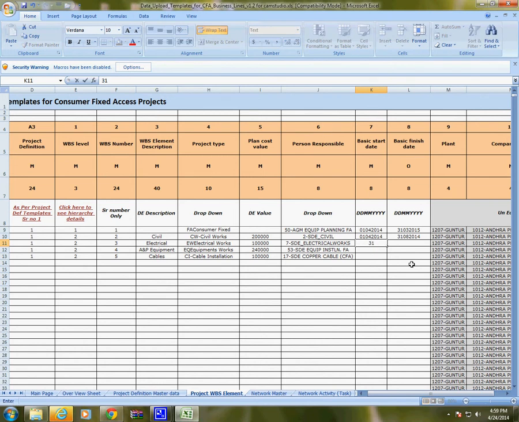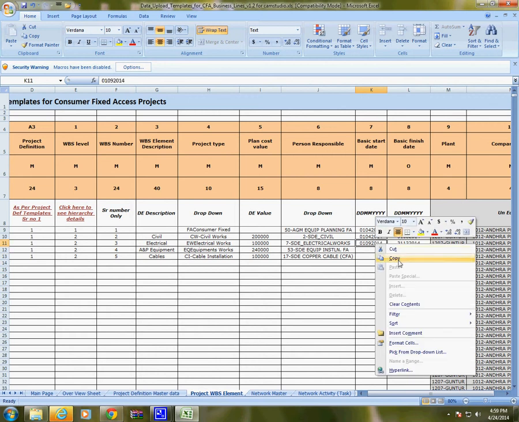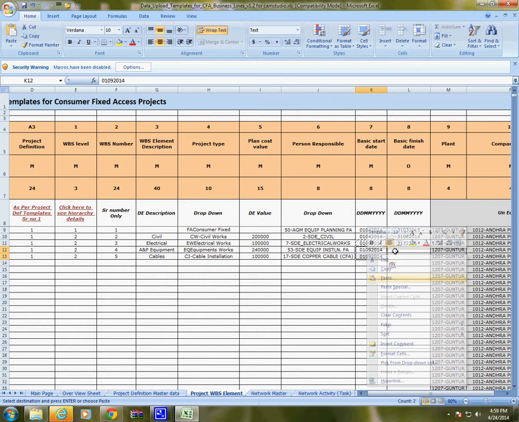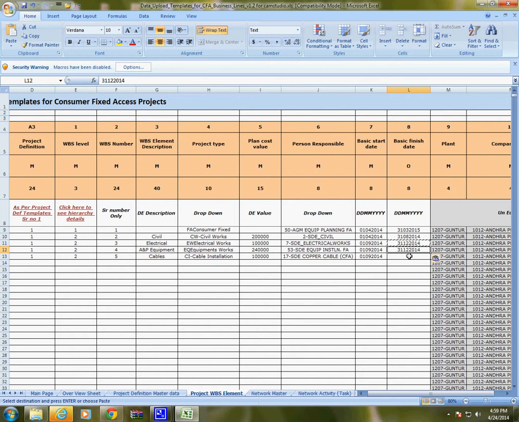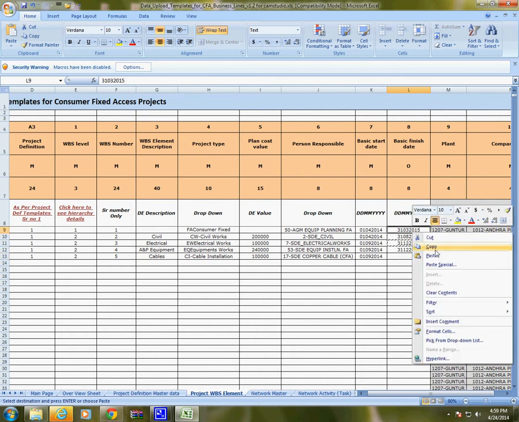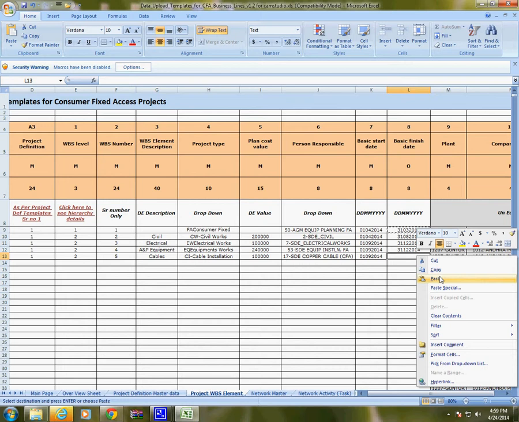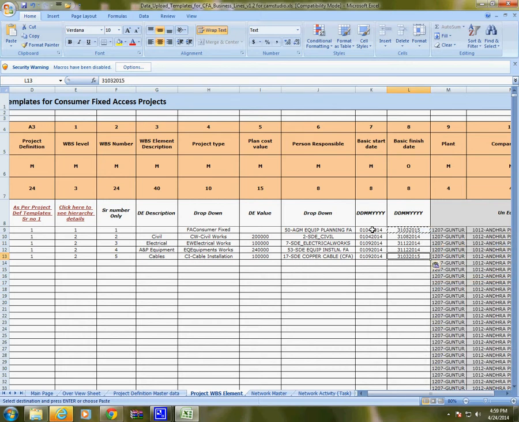So it will be 31st/8 or 1/9, we can write 1/9/2014 to 13, and simultaneously we can do for A&P and cable. So all the dates are within this range.